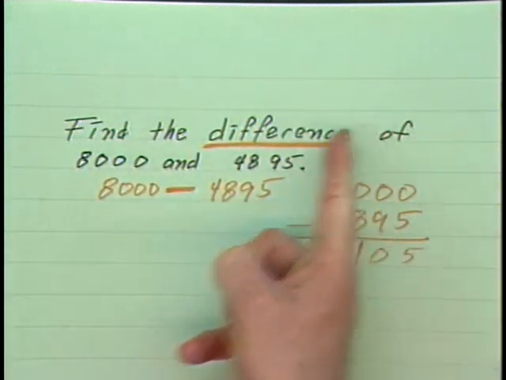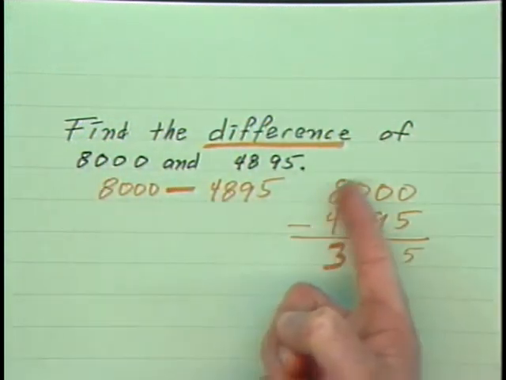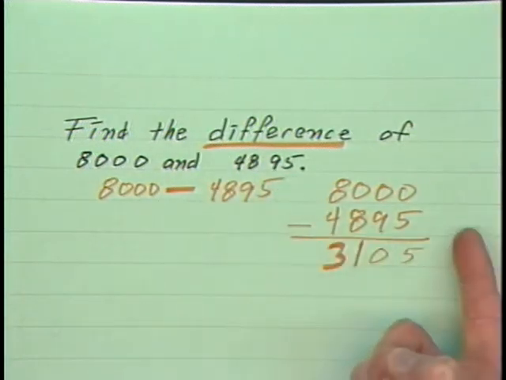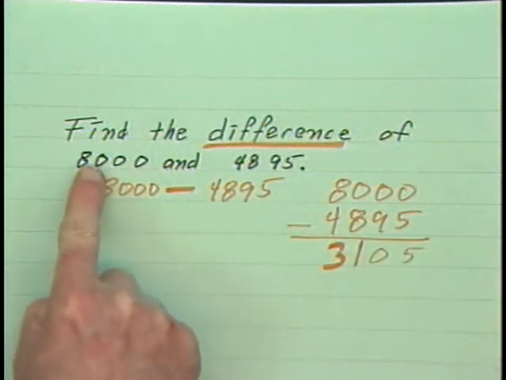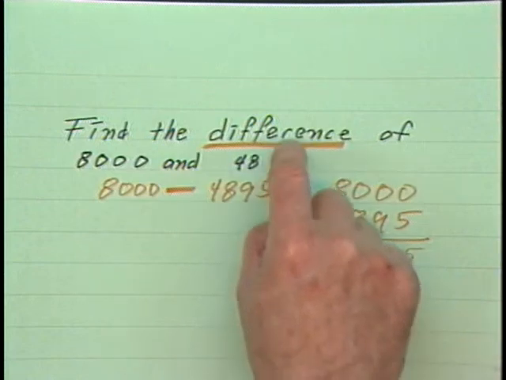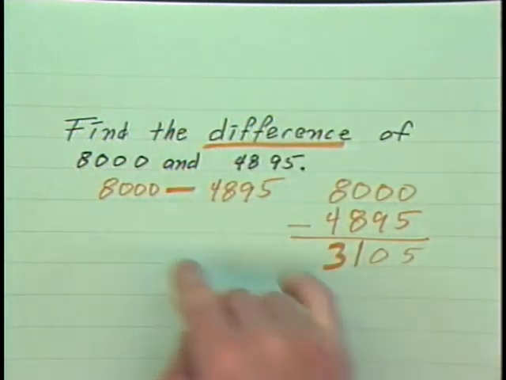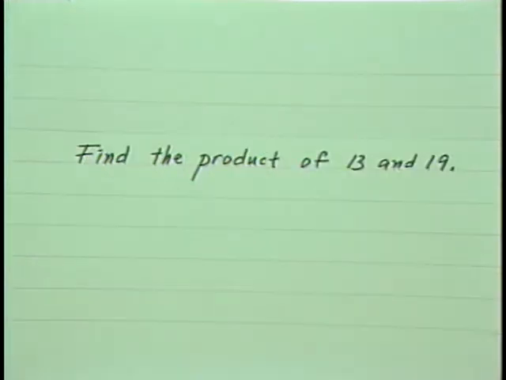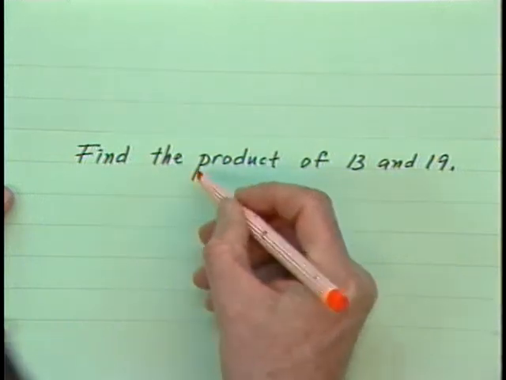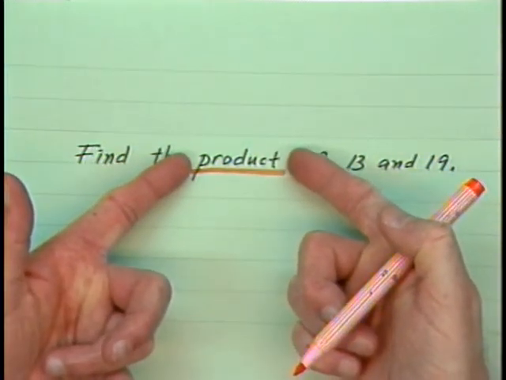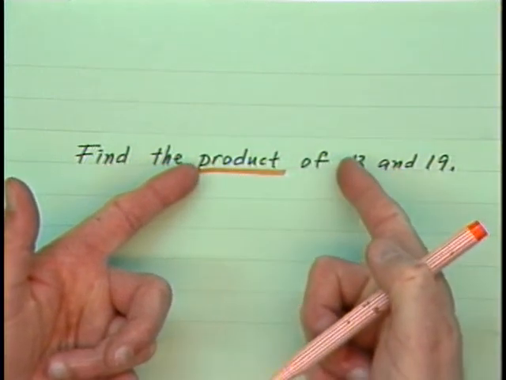But the key word here is difference, which means the results of having subtracted. And the first number given is the first one, or the top one. Second number given is the second one, or the bottom one. Then subtract in the exact order that is given to you when you use the word difference. Other words might give us a different order to these listings. Another one. What's the key word here? And of course it's the word product, isn't it? The product meaning the results of having multiplied. In this case, 13